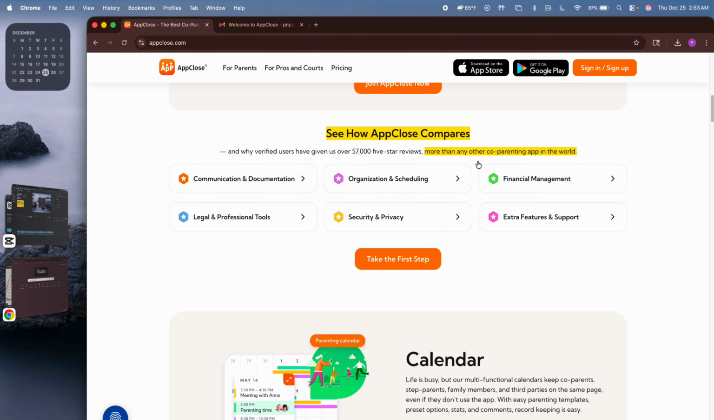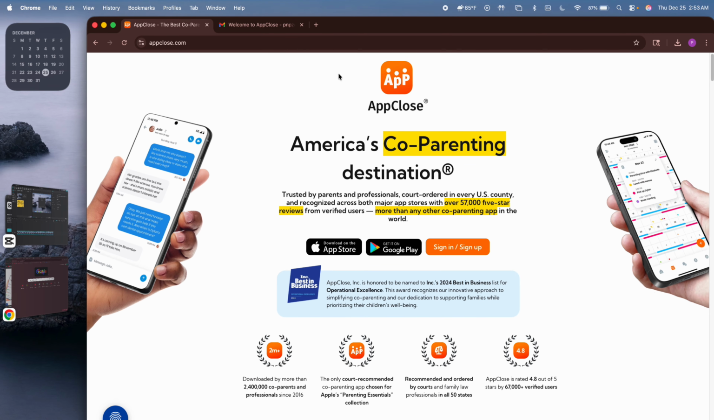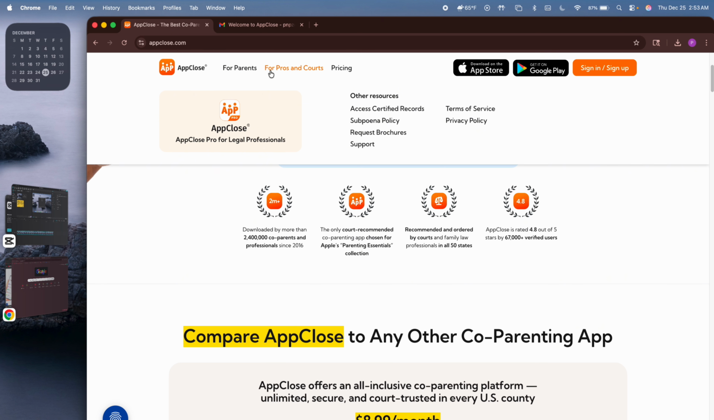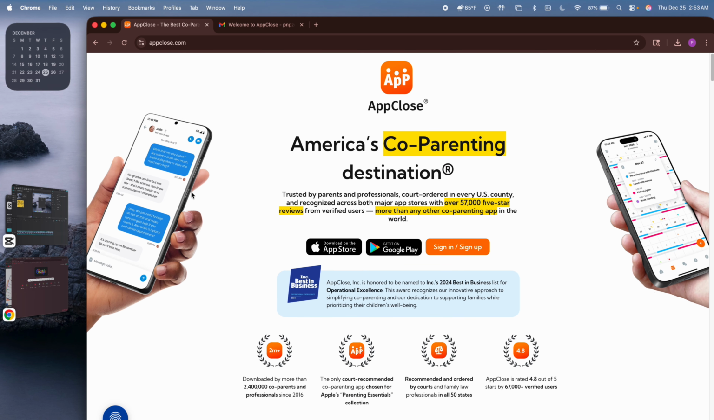A very helpful add-on. If you're debating whether you really want this app, go on the AppClose website and look through their pros and cons, their other resources, their policies, and online reviews to judge whether this is the right app for you. If you found this tutorial helpful and you think you can understand how to use AppClose now,